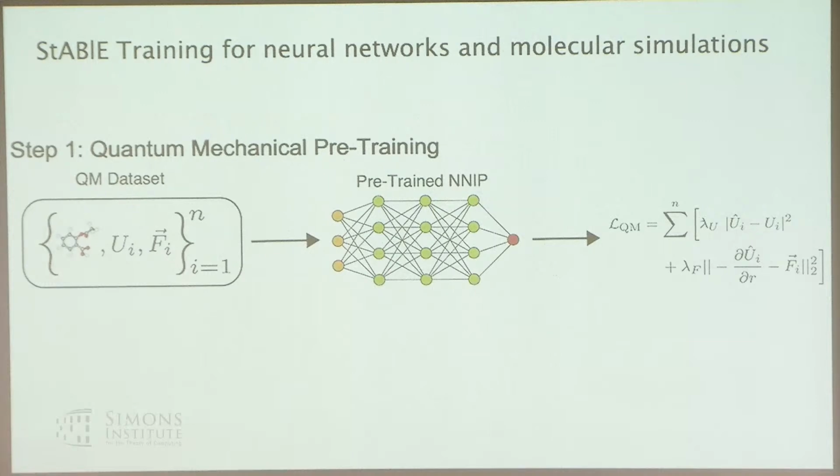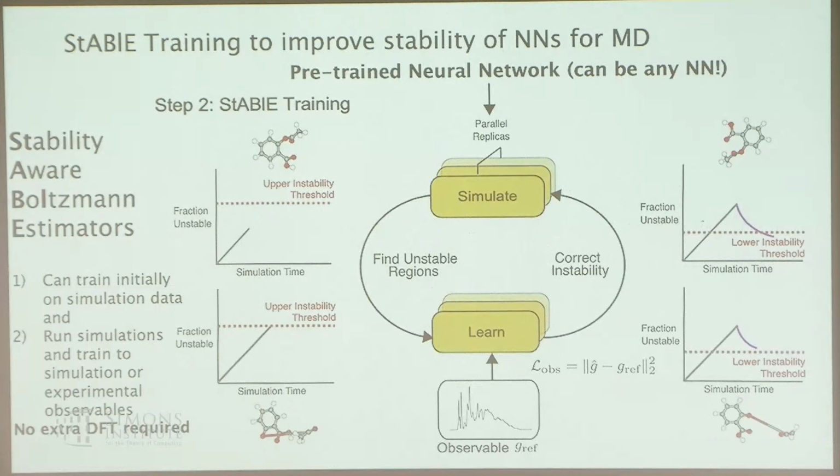Anyway, putting this all together, hopefully this will be a little more clear about how you can do these two things in conjunction. You can start off with this typical quantum mechanical pre-training step. This is the usual way people would do this: you train to energies and forces. This is the correction step that puts together this whole idea of why we care about training to observables. You can take your favorite pre-trained neural network, your favorite architecture, and put it through this cycle that we essentially call stable training, because it keeps track of the stability of how good that potential is. And we're using this idea of a Boltzmann estimator to train it to the relevant observable.